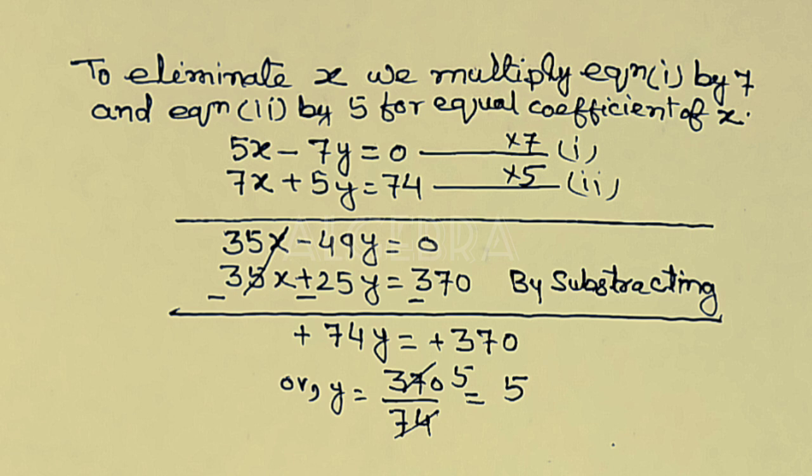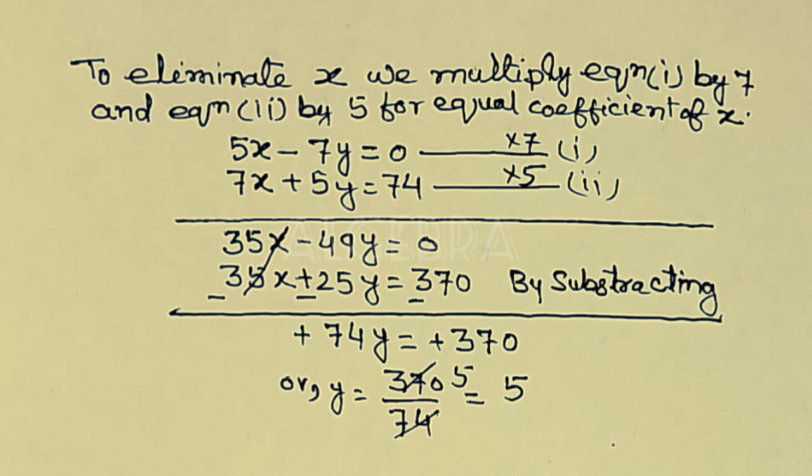So 5x - 7y = 0 multiplied by 7, and 7x + 5y = 74 multiplied by 5. 35x - 49y = 0, and 35x + 25y = 370. By subtracting, -74y = -370, minus minus plus, or y = 370/74